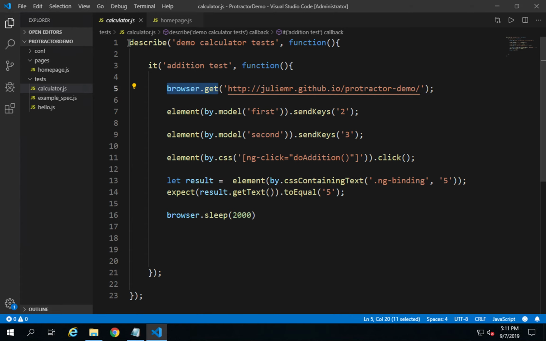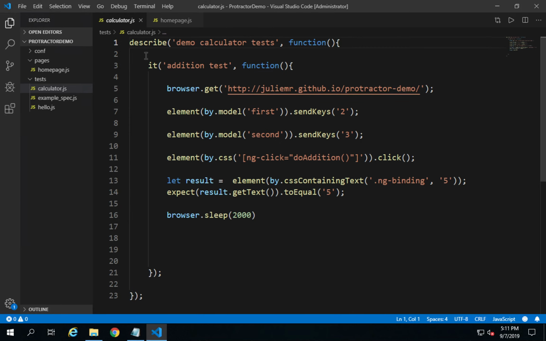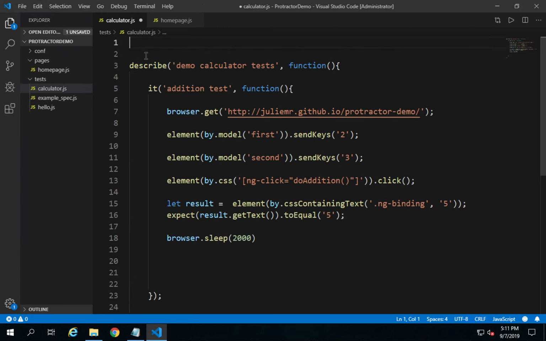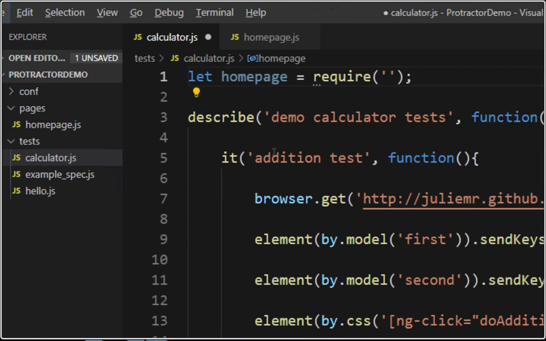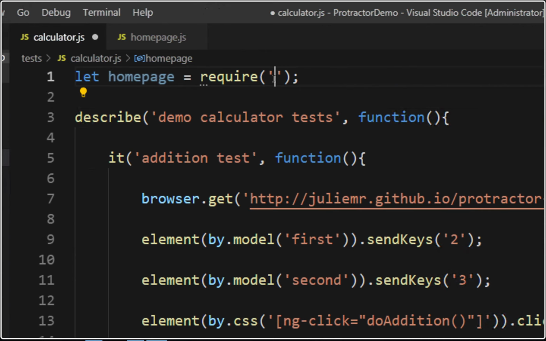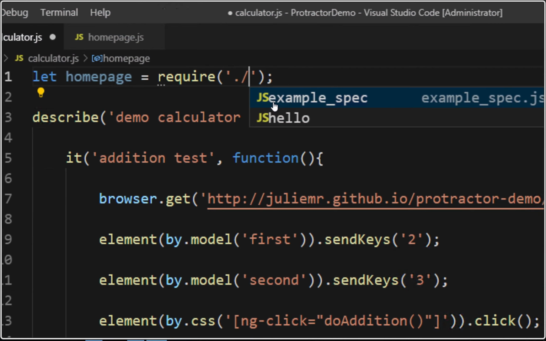So now I will go to calculator.js, and here at the very top before describe, I will say let homepage. So I'm creating a variable homepage equals to require. It is like importing from any other file, and in the brackets, in single quotes, I will put dot forward slash, and now you can see it is able to access example_spec.js,